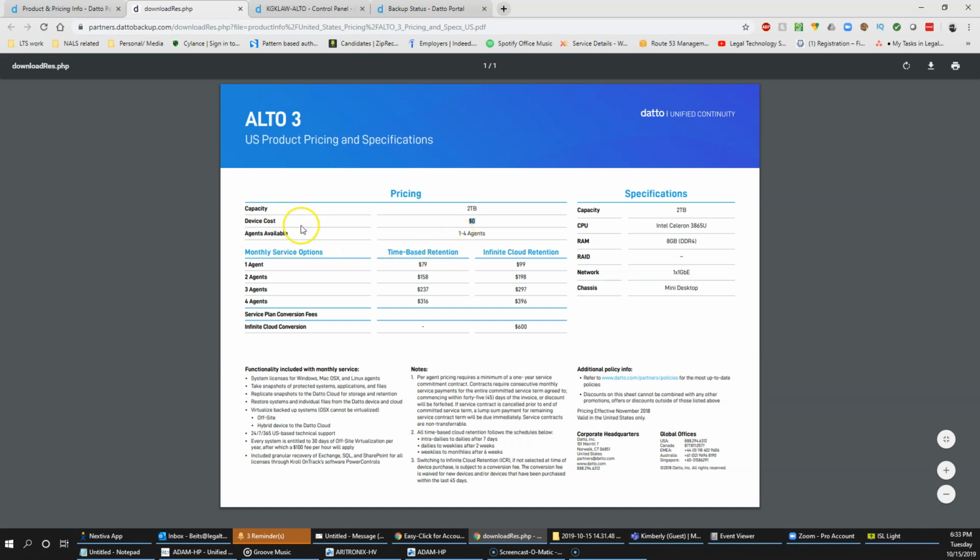And you can put up to 4 agents on it, assuming that you pay for each agent. And this is the price. 1 agent is this, 2 agents, 3 agents, whatever. And that's the price for the online backup. That's the price to back up locally. And if you want to back up locally and have an infinite cloud retention on top of that, it's $99. Now, you can still do the time-based retention on the cloud for $79,